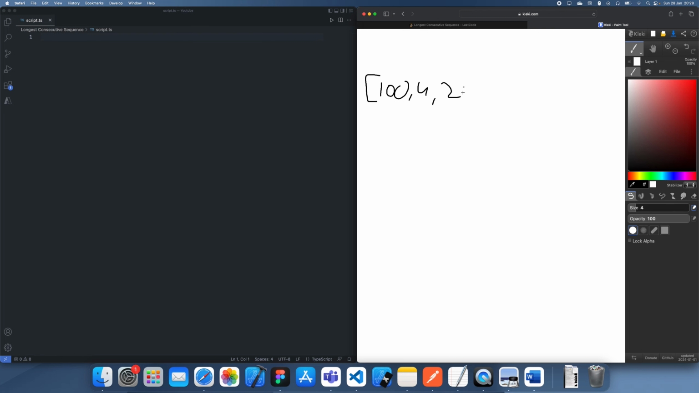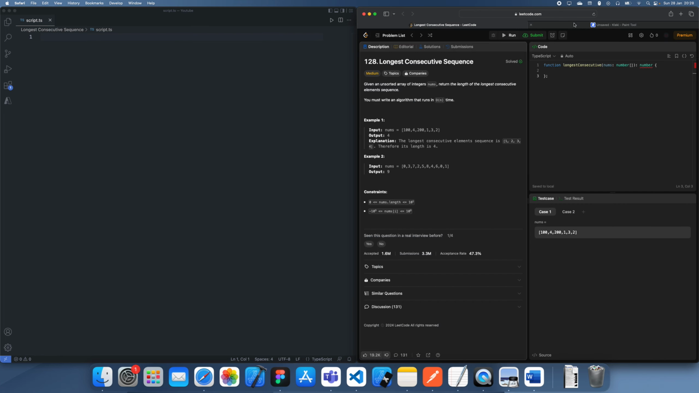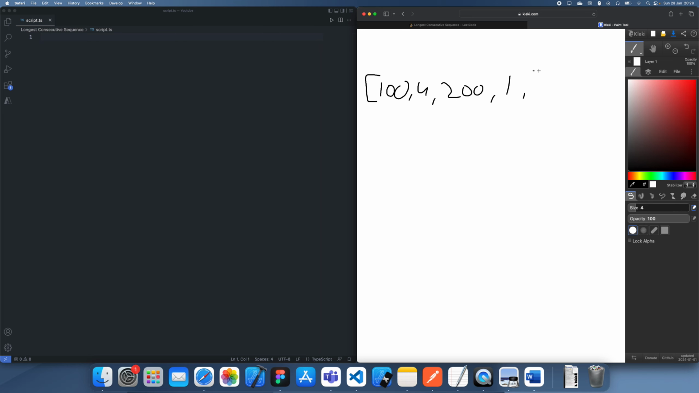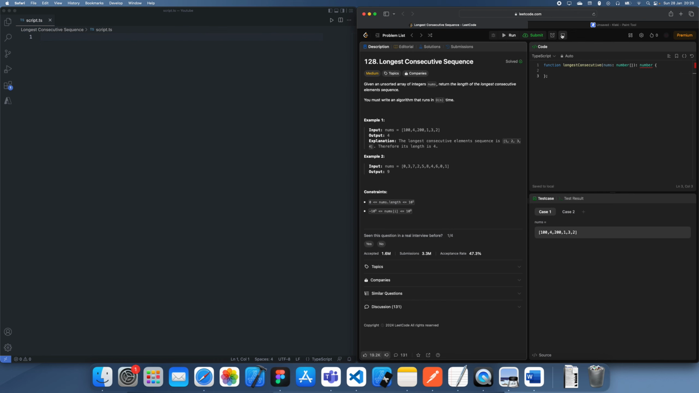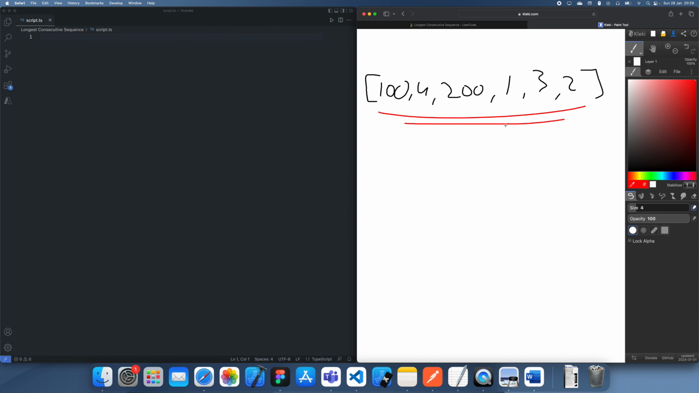100, 4, 200, 1, 3, 2. Okay, so what we're going to do is it wants us to do an O of n solution, so that means we can't sort or anything like that, because that's going to be O of n log n, and that's actually greater than O of n, so we don't want to sort this. What we want to do is iterate through it linearly,